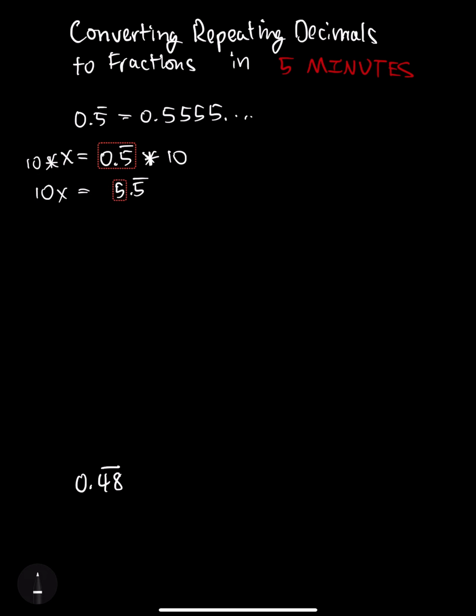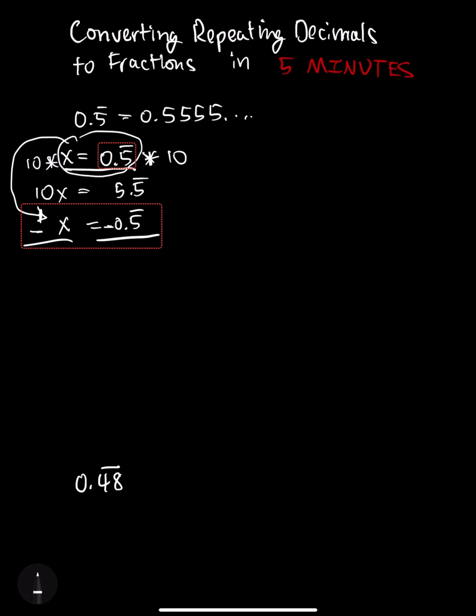Now, since we have x is equal to 0.5, I'm going to bring this down to the bottom of this equation and have x is equal to 0.5 repeating. And now in order to get rid of the x and the decimal on the right-hand side of the equal sign, we have to subtract. So 10x minus x, this is a singular x, so that just means that there's a 1 in front of it. So 10x minus 1x is 9x, and that's equal to 5.5 repeating minus 0.5 repeating,